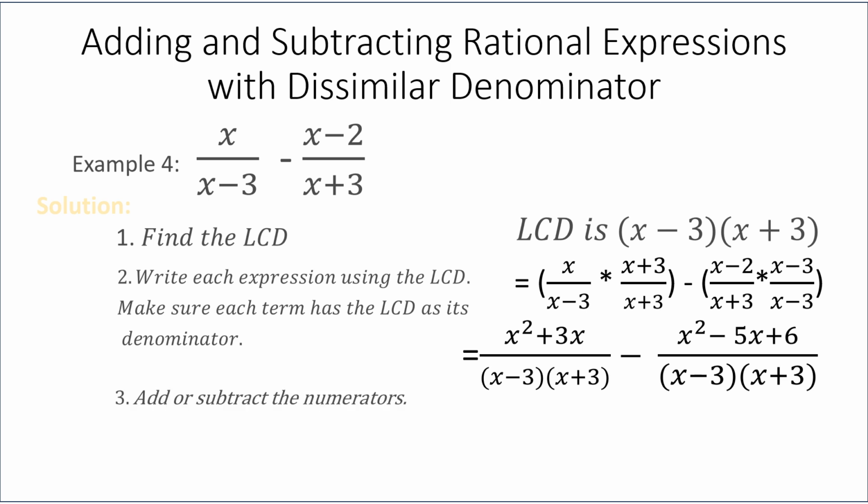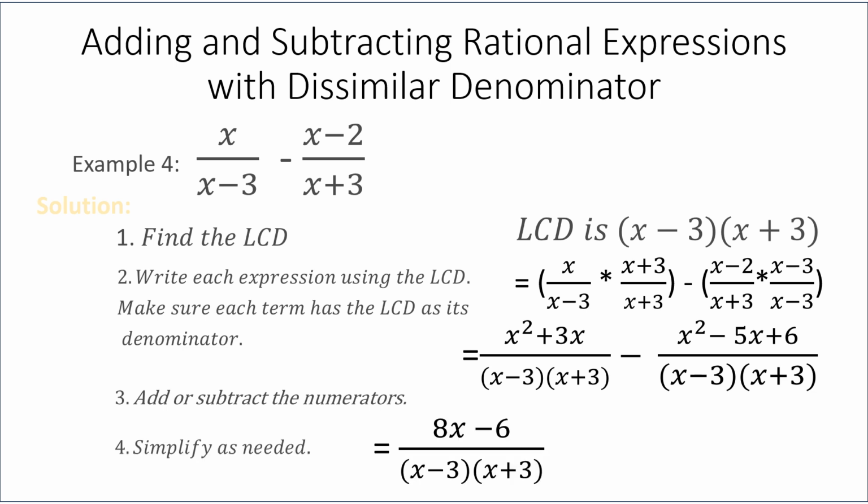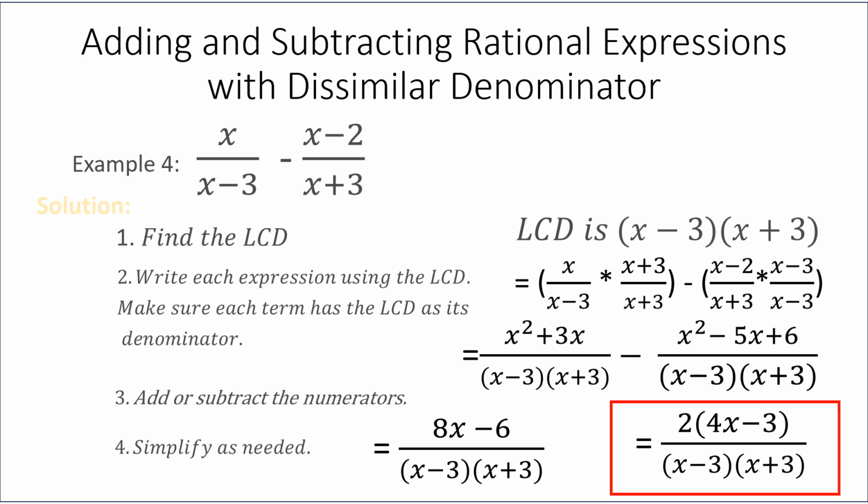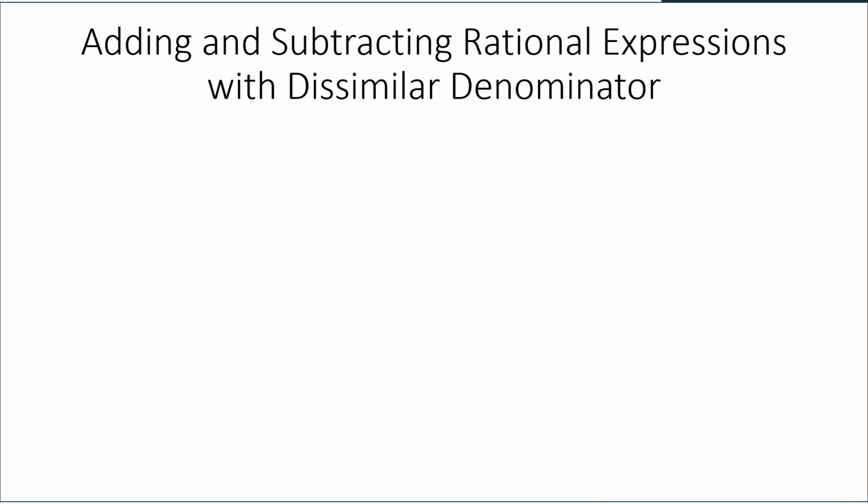After which, we're going to add or subtract our numerators. So in this case, we're going to subtract our numerators and we are going to simplify if needed. So the final answer will be 2 times 4x minus 3 all over x minus 3 times x plus 3. Let's now try to increase the